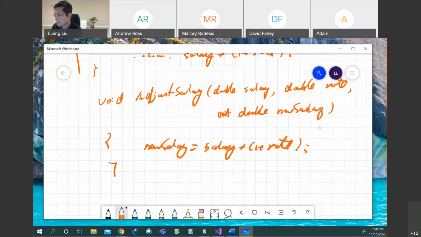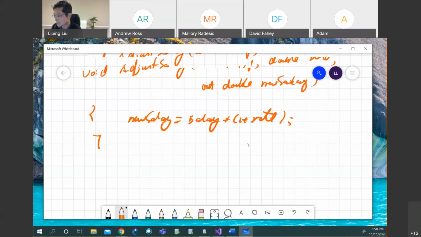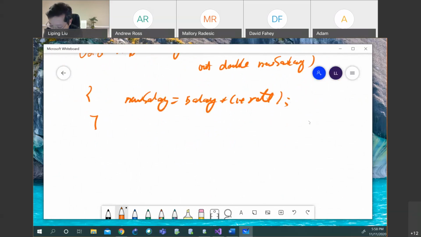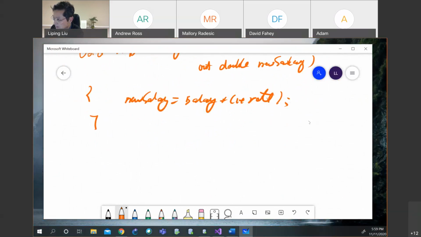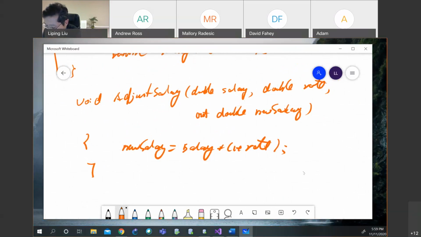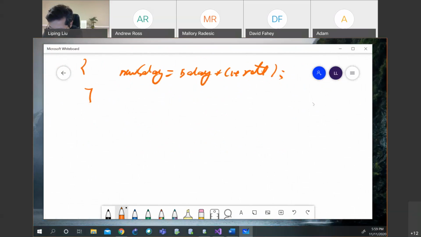Okay, so instead of doing all these two, this is what we learned in the last week or so. Instead of doing that, we can just create a function using a reference parameter. So what we do is, instead of creating two parameters, one for salary and one for new salary, you can just combine these two into a reference parameter. Okay, so what I will do is say void, and then adjust